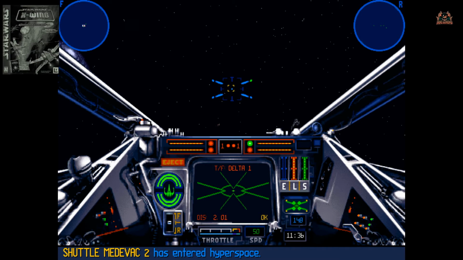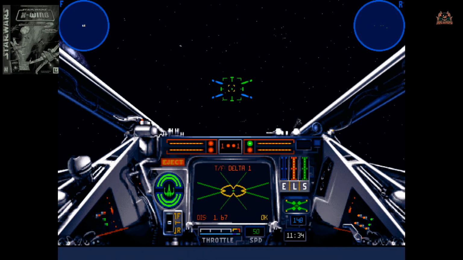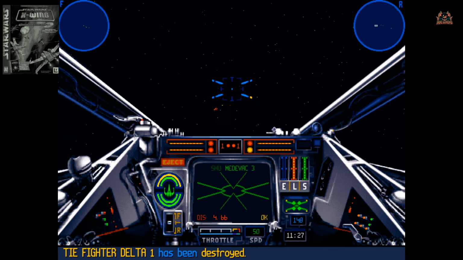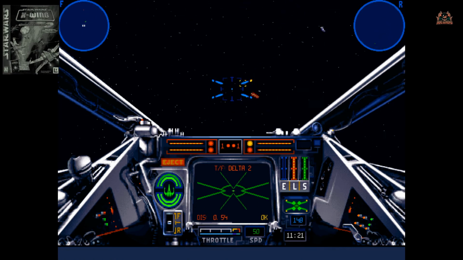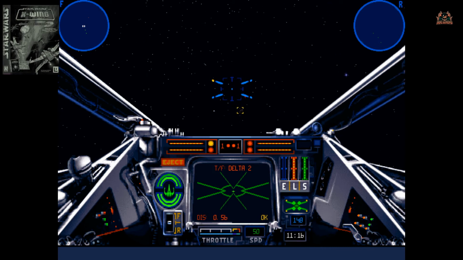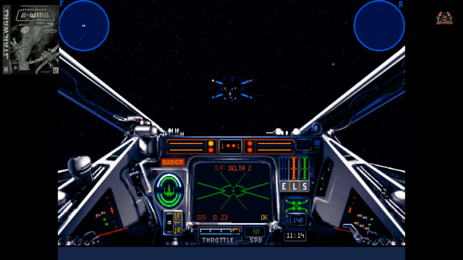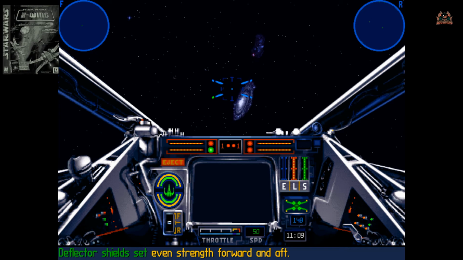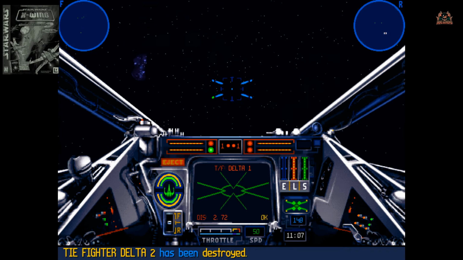So as you can see, Medevac Shuttle 2 has now entered hyperspace. That leaves number 3 to dock and do its funky thing, and then we've got to hang around for the Carillion Corvette, the Korolev, to do its thing as well. So, quite frustrating. It's not moving as fast as I want it to, but it is building a little bit of tension